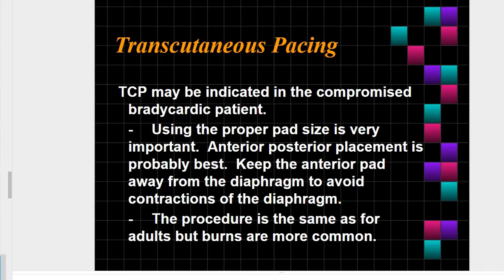Transcutaneous pacing may be indicated in a compromised bradycardic patient, especially if they are unresponsive to pharmacological interventions. Using the appropriate pad size is highly important. It's probably better to use an anterior-posterior placement, but make sure when you place the anterior pad you keep it up away from the diaphragm, because the shocks can cause the diaphragm to spasm and contract abnormally, which then will impair their ability to breathe. Procedure is pretty much the same